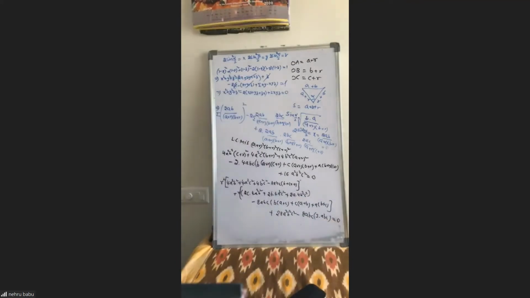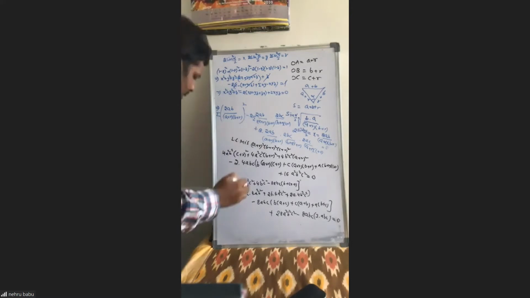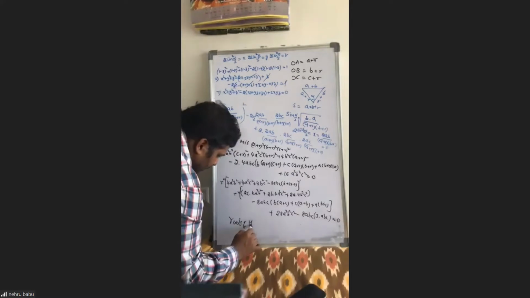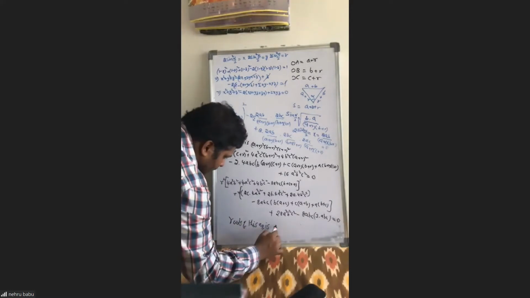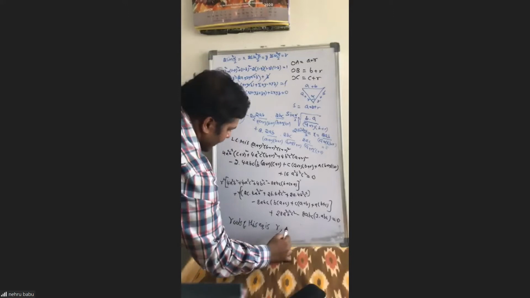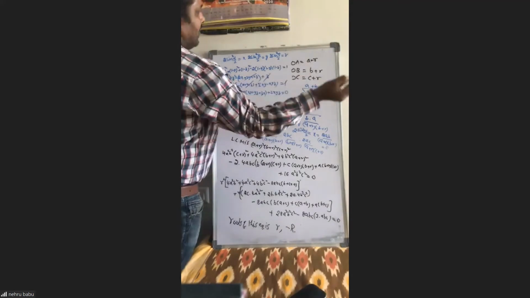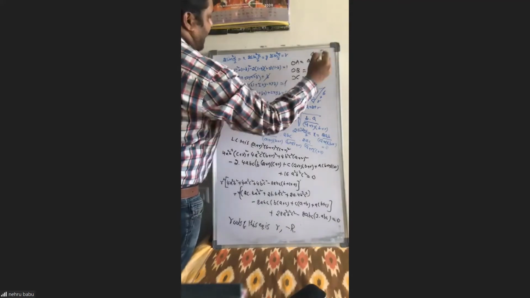So like this you are getting a quadratic equation in r square. Calculations are a little lengthy. Now, what are the roots of this equation? If you do all these calculations, you are getting the roots of this equation as small r and capital minus r. The reason is, whatever calculations you get for a plus r, the same type of result you will get for a minus r in that equation.